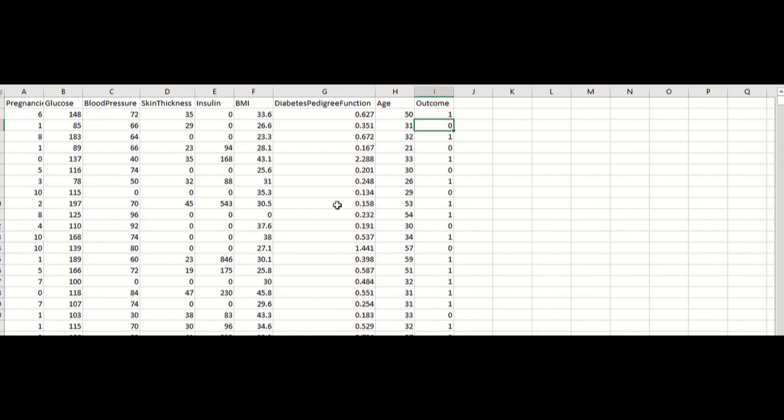So we have downloaded the data from the internet, the PIMA database. So I have a set of information available with certain columns like glucose, blood pressure, skin thickness, insulin, etc. So these will be our features, and based on these features, we'll be reaching a conclusion whether the patient has the probability of having diabetes or not, which is our outcome. So outcome is basically our target variable.